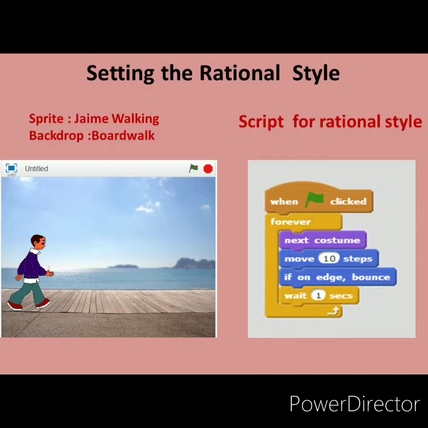Next costume means his gesture will change, legs will move, hands will move. That's why next costume, he will move 10 steps. If on edge bounce, when the edge comes, he will turn. And he will wait for 1 second. After that, he starts walking again.